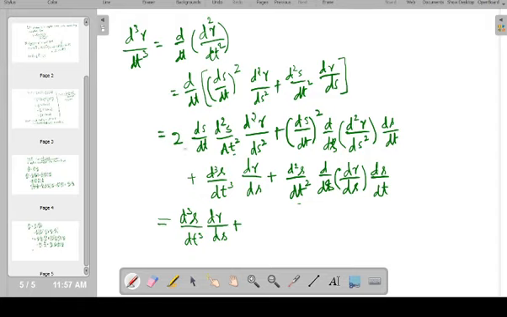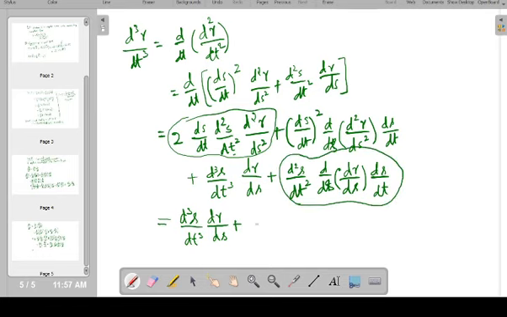And look at the first term, 2 times d square s by dt square into d square gamma by ds square into ds by dt. So the first term and the last term together will give me 3 times